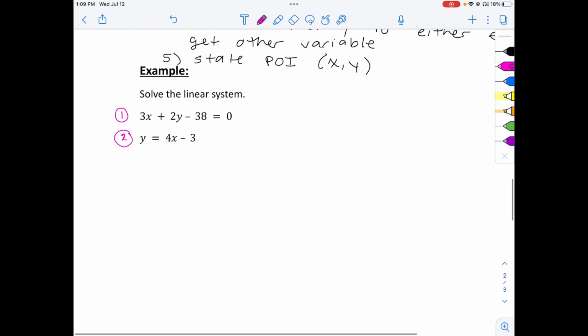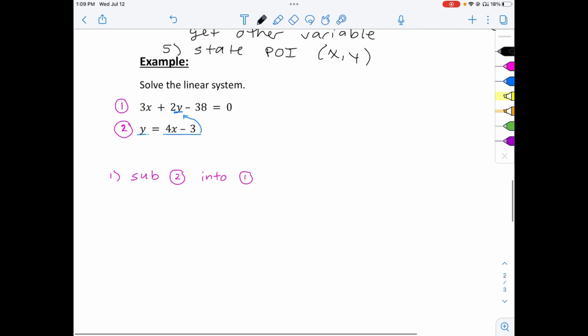My first step is I'm going to sub equation 2 into equation 1. What I mean by that is here I have y equals 4x minus 3. In my first equation, I have 3x plus 2y subtract 38 equals 0. Instead of having this as a y, I'm going to substitute 4x minus 3 in there. So what that would look like is 3x plus 2, and then instead of y, I'm writing